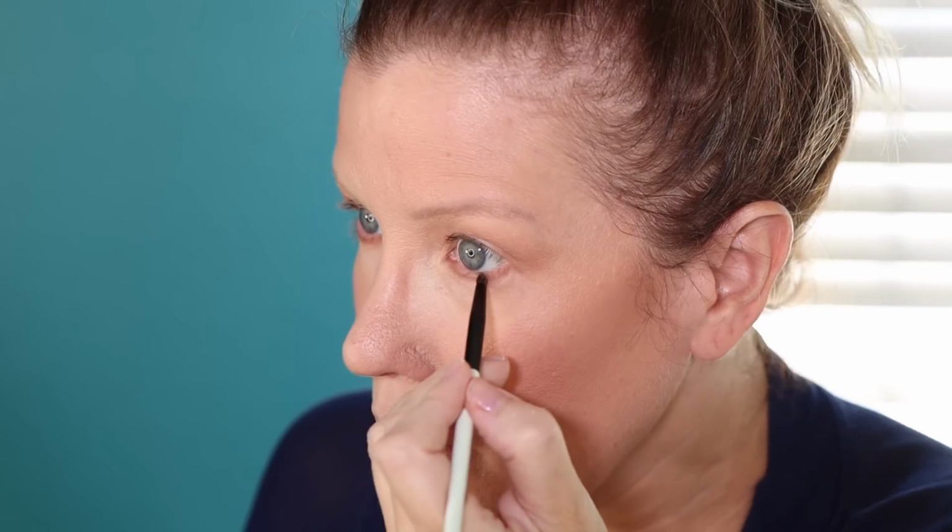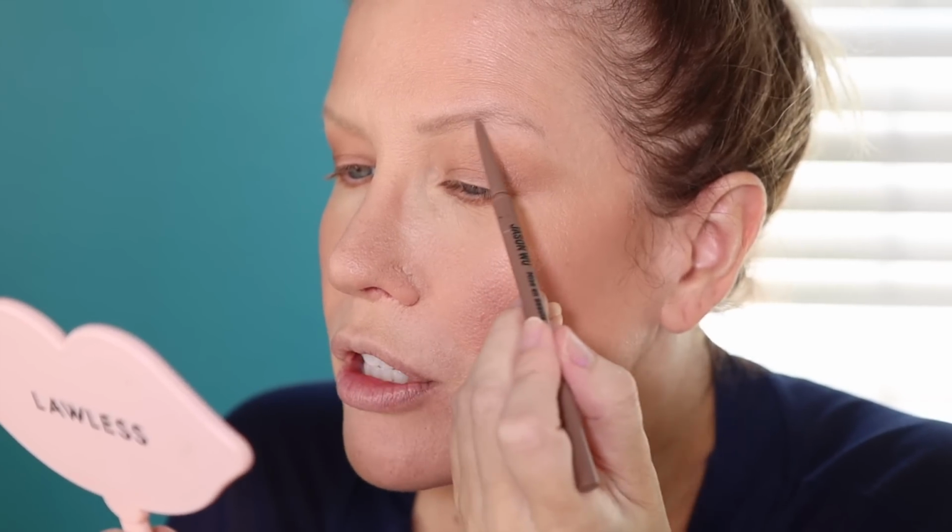So I'm going to do my brows next, and my brows take longer than most because, I mean, look how sparse and blonde they are. You might be able to get away with just using a brow gel. I can't. Honestly, it's probably the most time-consuming part of my makeup routine. Now, I found this Jason Wu brow pencil in my stash. I remember really liking it, but at the time I tried it, it was a little bit dark for me. I think it'll be perfect now that I'm trying to match it to some darker hair. So I'm going to